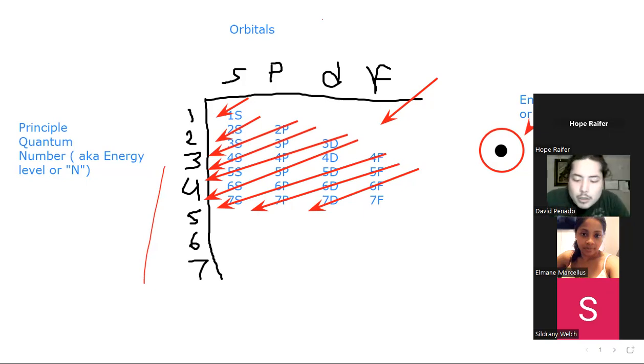Hello? I got a ball. Can you guys see it? Yes. All right, so